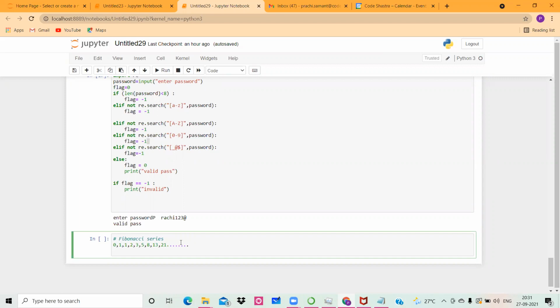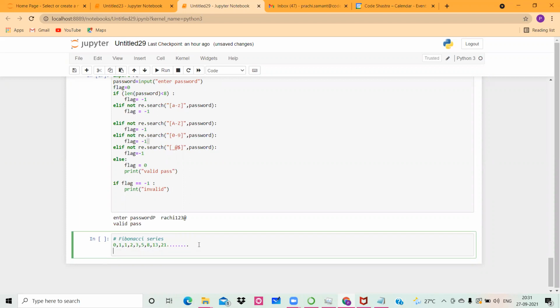For example, for an Armstrong number, if you are writing a number, say 153, then 1 cube plus 5 cube plus 3 cube is equal to 153. So this is called an Armstrong number. Likewise, we have different types of numbers, and one of them is the Fibonacci series, wherein the next number is the combination of the previous two numbers.